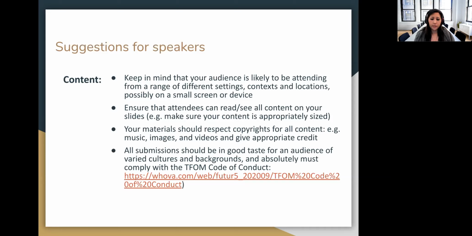And we do want submissions to try and be as inclusive as possible, and also complying with our code of conduct, which you can find at that link there. So that's on the event website. You can also find it inside the app under, I think, logistics and code of conduct. So it's there, and it's something you would have seen as part of registration. It's one of the things you should agree to and hopefully read. It's not anything surprising, but it's just setting the level of expectation for how we want people to behave during the conference.